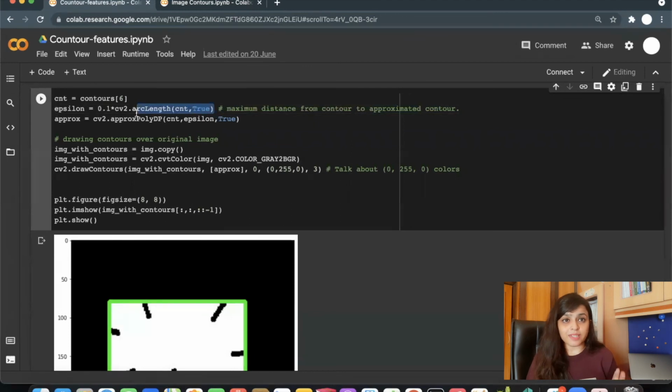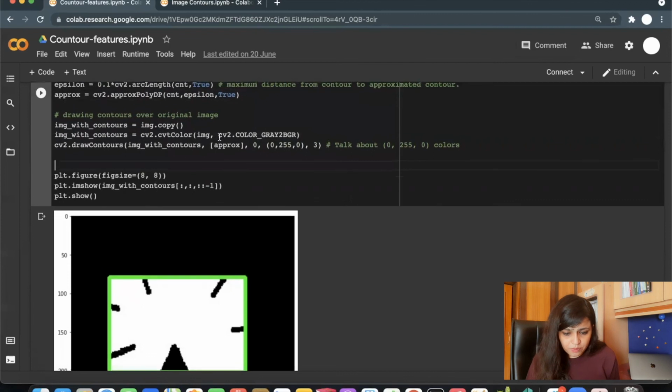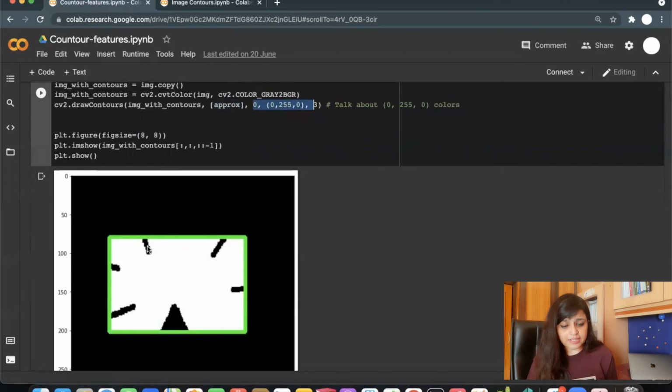So I will find the perimeter of the contour, and then I can use cv.approxPolyDP, and in the arguments I pass my contour, this epsilon, and True. Then I draw the contours on the image with the approximation, along with the colors and thickness, and I get this.